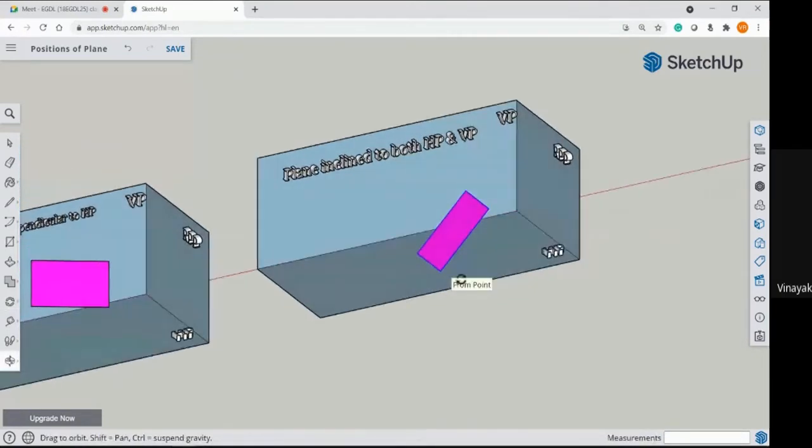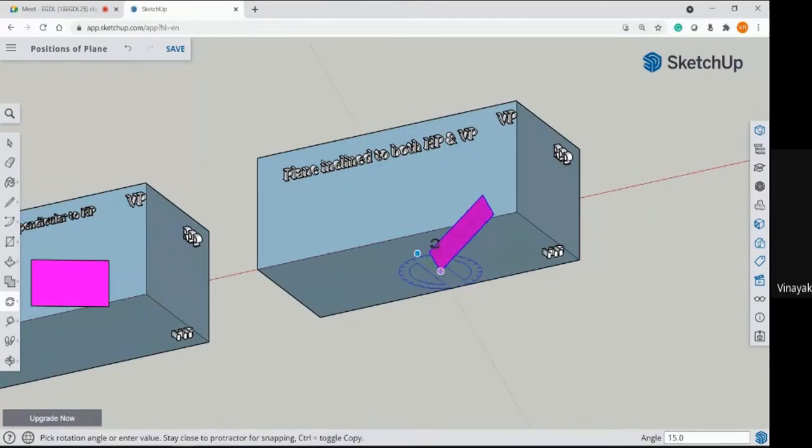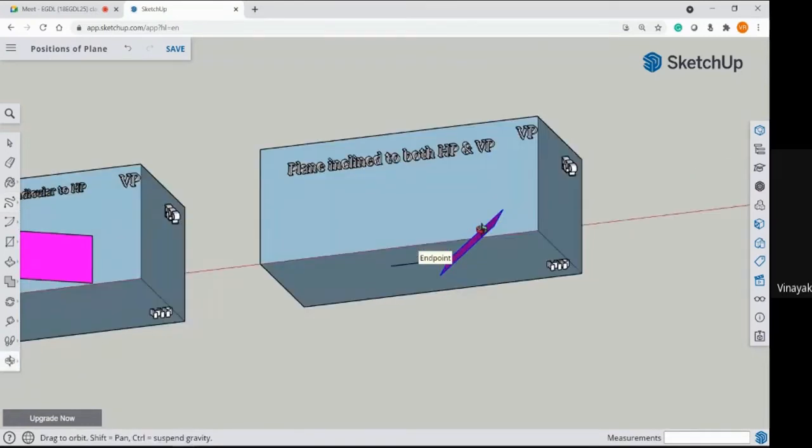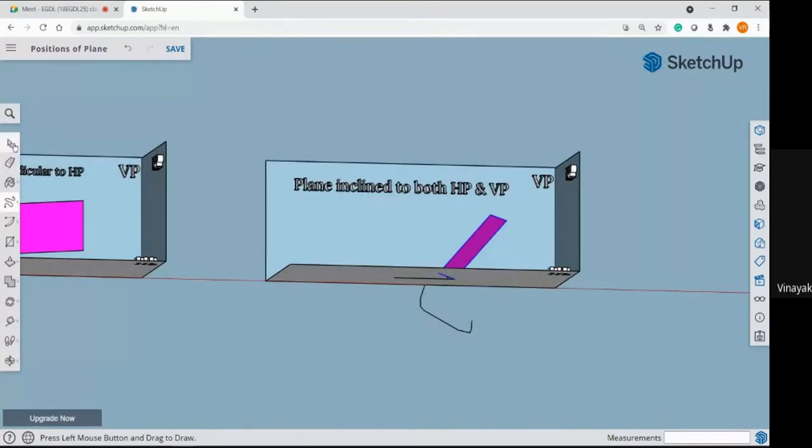Now it is only inclined to HP. Now what I'll do is, I'll take this edge and I'll rotate it with respect to the vertical plane. You can see the curve is going down, not properly positioned.